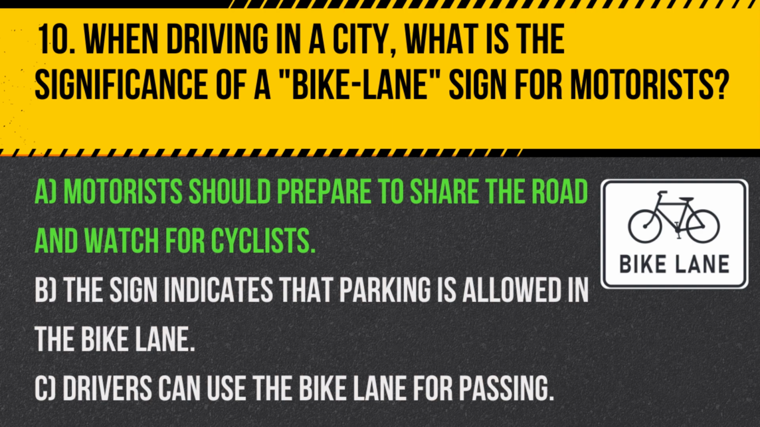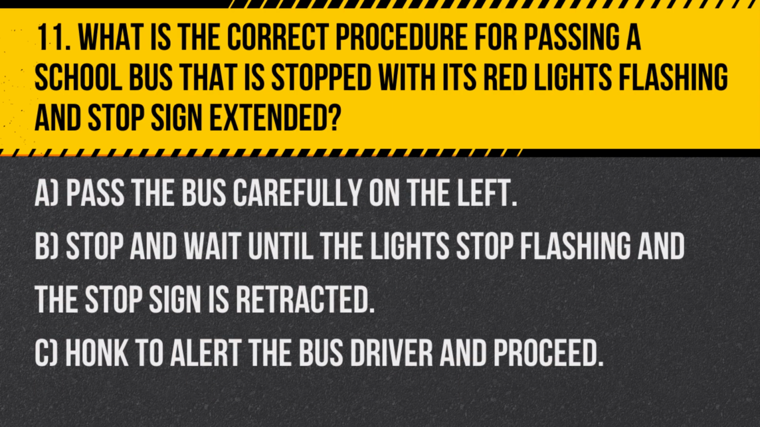Answer. A. Motorists should prepare to share the road and watch for cyclists. This sign alerts drivers to the presence of a designated lane for cyclists, requiring extra caution and respect for their space. Question 11. What is the correct procedure for passing a school bus that is stopped with its red lights